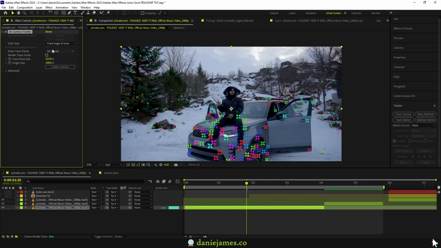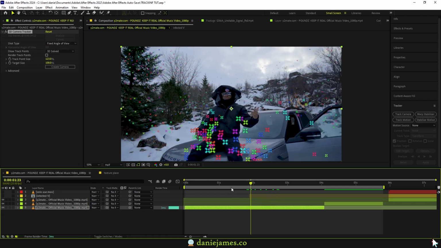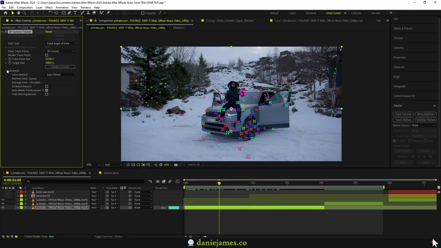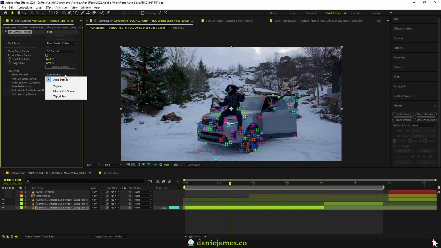Once again, we are working under the fixed angle view because this is kind of a normal shot. Nothing too sporadic is changing. And if you click under the advanced tab, we have this solving method. Under the solving methods, you can see that we have a couple of solving techniques. On most cases, you'll be using the auto detect, but for a scene like this one that I showed you here,